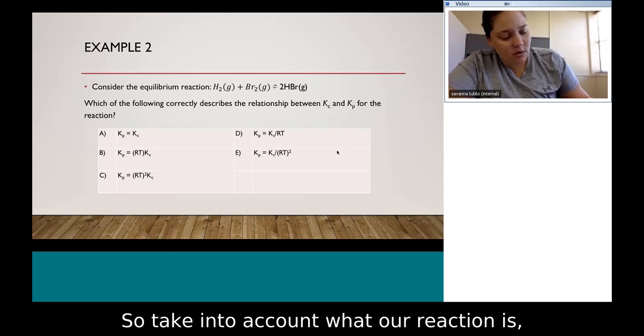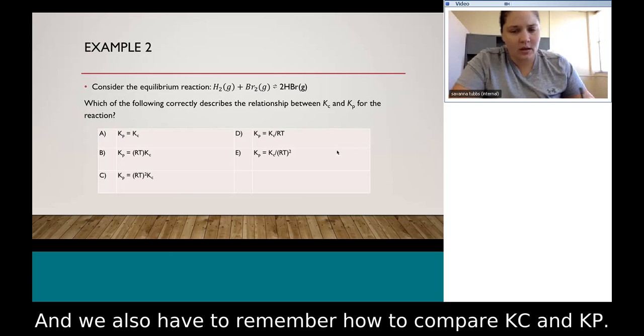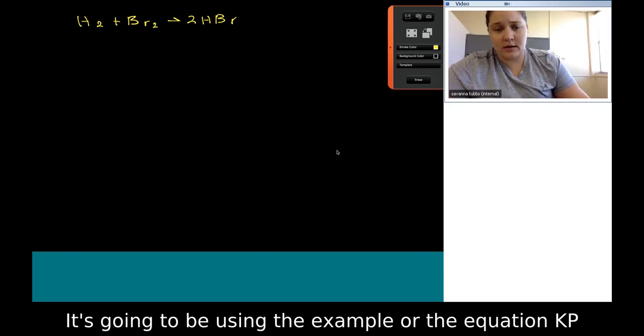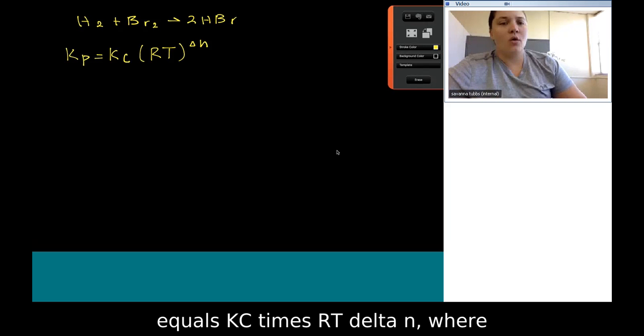So, take into account what our reaction is, the H2 plus Br2 yielding 2HBr. And we also have to remember how to compare Kc and Kp. It's going to be using the equation Kp equals Kc times (RT) to the delta n, where delta n